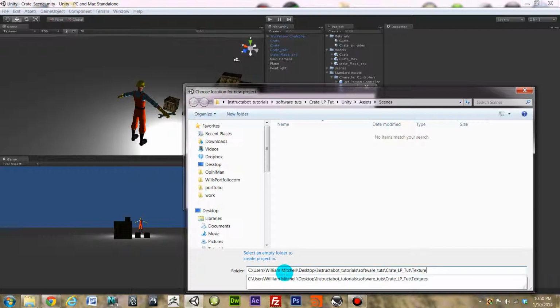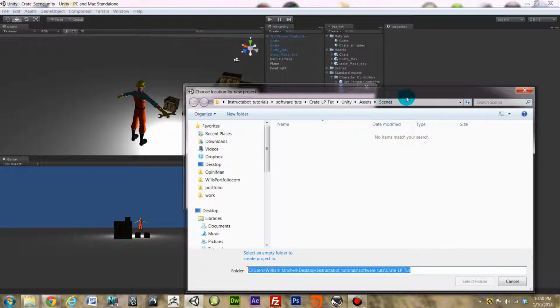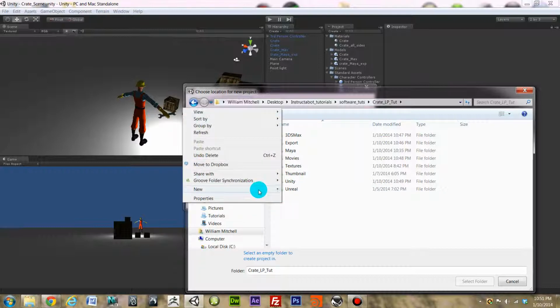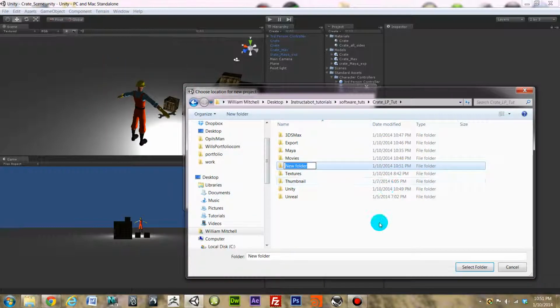I have a place in particular on my hard drive. Actually, I'm going to take this, Control C, and plug it up here, Control V, and I'm going to create another Unity folder. So I'm going to go new, because it saves a bunch of different things in there, like assets and different things. So Unity Tut. Okay, and there we have it. Unity Tut. And so I'm going to select folder,